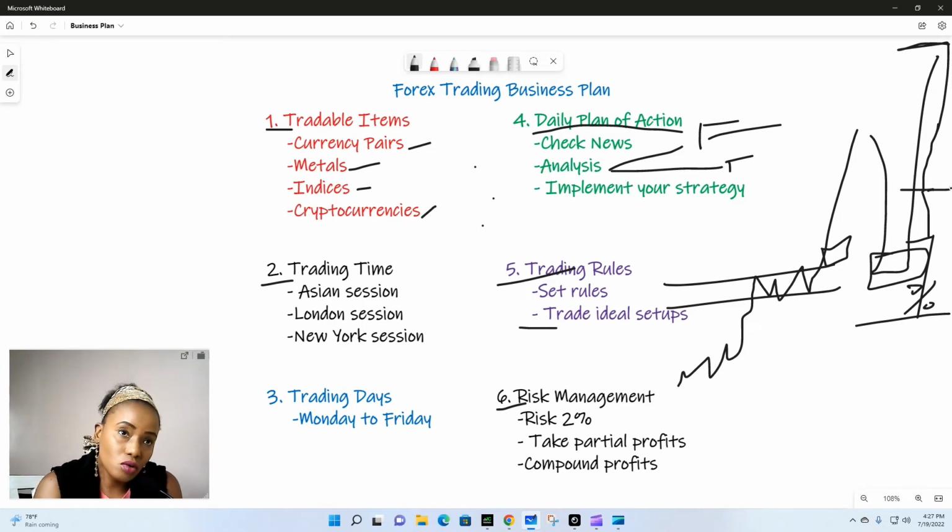If your goal for the day was 100 pips and you've been taking partial profits, as soon as you hit 100 pips, exit. Use your script, your exit script, to exit the trade. Do not allow emotions to stir up in you. Probably you've already achieved 1-to-3, and the trade still goes in your direction, and you think, maybe let me linger on, let me continue collecting more pips. No, just exit.